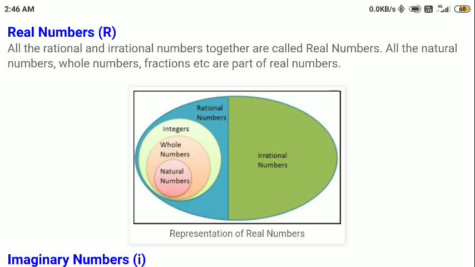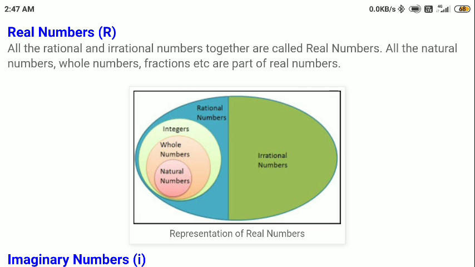If we see this figure, when we talked about natural numbers only, we only talked about positive counting numbers starting with 1, 2, 3, 4 and so on. So there we only had a limited number of available numbers in that particular set. When we added 0 to it, it became whole numbers. That is why we have this pink circle representing natural numbers, and the other bigger circle represents the whole numbers, because it includes natural numbers as well as 0.